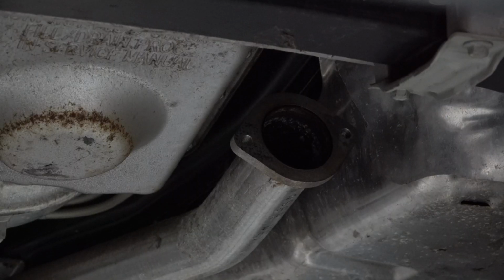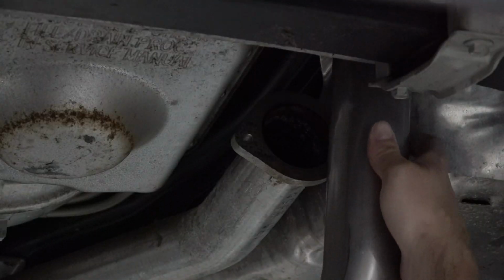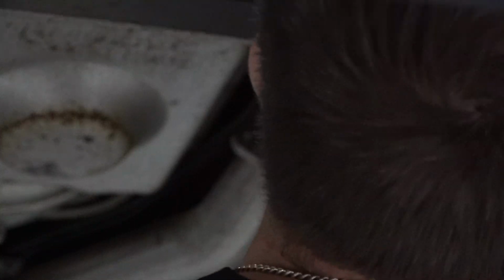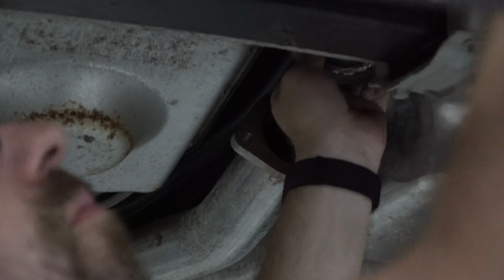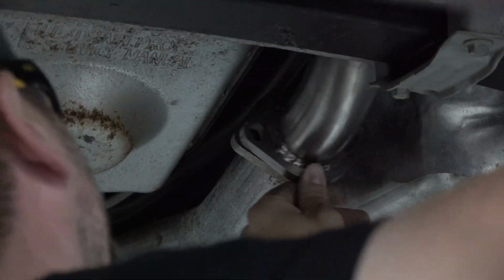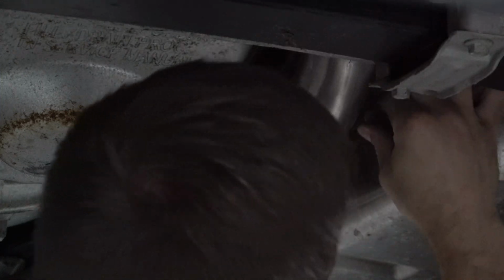All right, I got that cleaned off, about as best as it's gonna get. Borla does give you 2 new gaskets. There she goes. All right, that is a little bit. I'm not gonna tighten them down too much. I want to be able to square off the